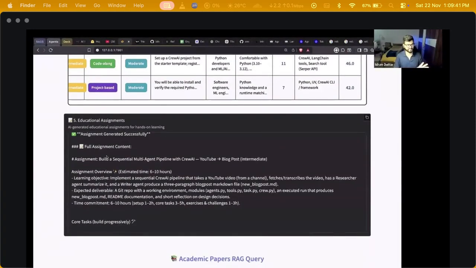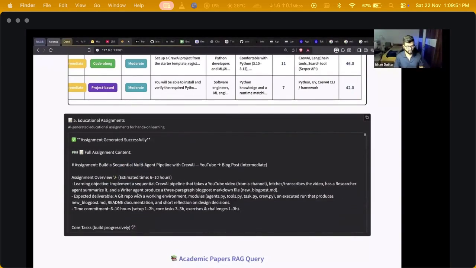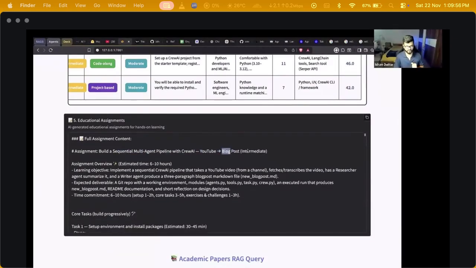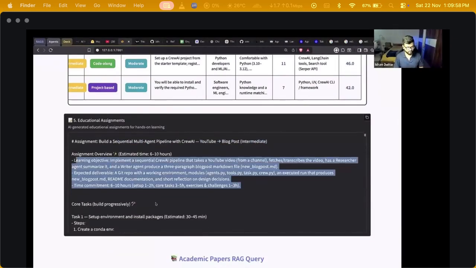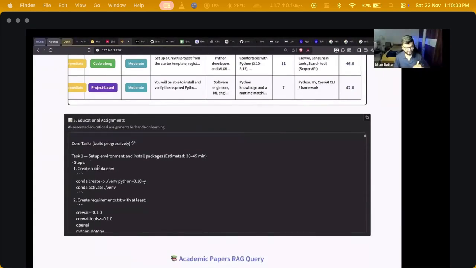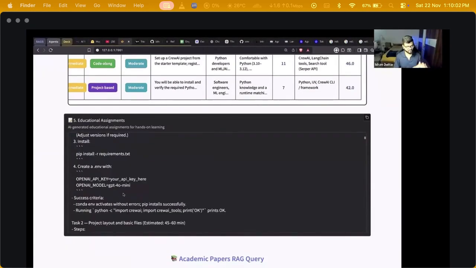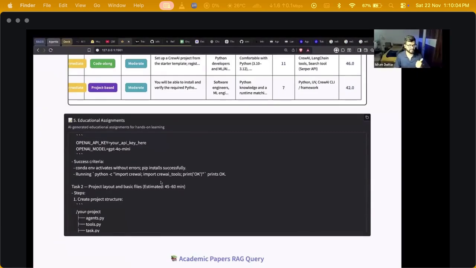Like for example, in this case, Atlas already understands in detail what is covered, in what depth it is covered, is it code along, is it theory. Based on that, it will start giving me assignments on top of that. Like in this case, if you go through the Krish Naik video, you should be able to create a multi-agent sequential pipeline, which can go from a YouTube video to a blog post. That is the level of the assignment: an overview, the core tasks within this assignment, some basic setup instructions, and success criteria,